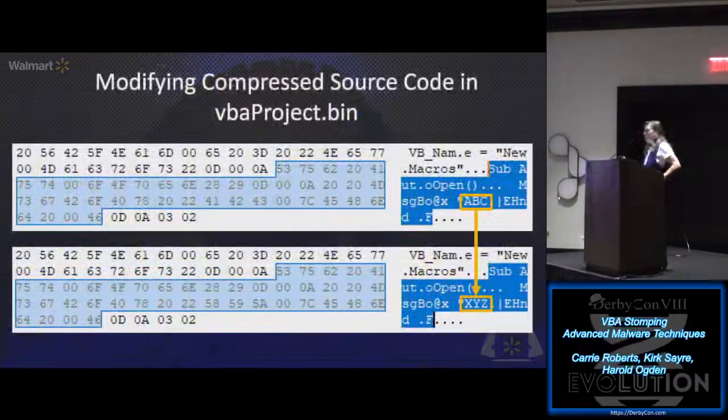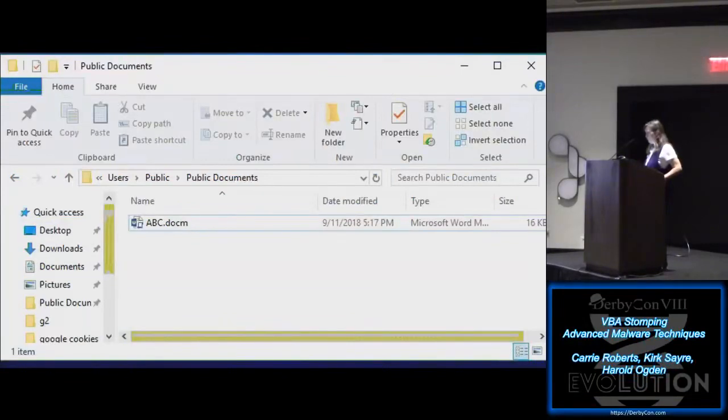Okay, so we're going to play a little bit with the compressed VBA source. We're going to go into the VBA project.bin file, and we're going to change the string ABC in the compressed source code to XYZ and save it and see what happens. Okay, so here we have our ABC document. It's got that simple message box pop up. And we're going to